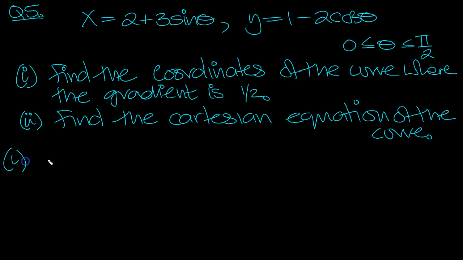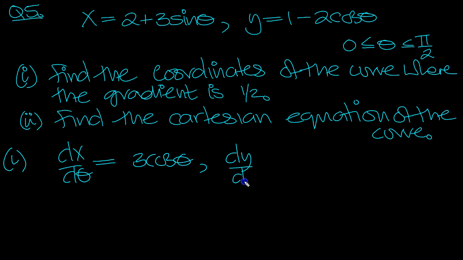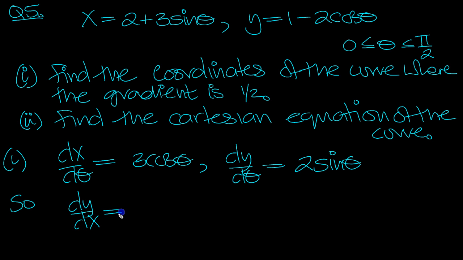Okay, so for part 1, we need to get dx d theta, don't we, and dy d theta. Differentiate with respect to theta: the constant goes to 0, sine differentiates to cos, so there's 3 lots of cos theta for dx d theta. Again, the constant goes to 0, cos goes to minus sine, so that makes plus 2 lots of sine, doesn't it? So dy dx then, which is the gradient, is equal to dy d theta divided by dx d theta, so it's 2 sine theta over 3 cos theta,